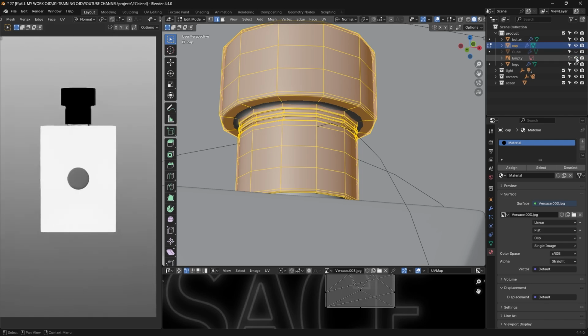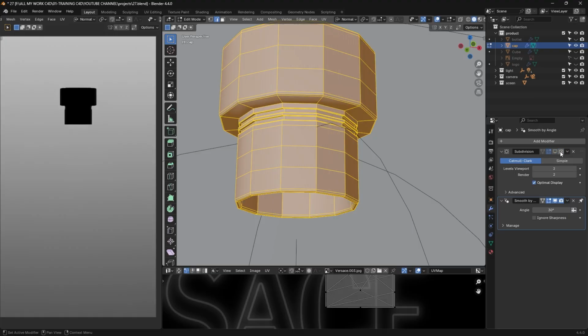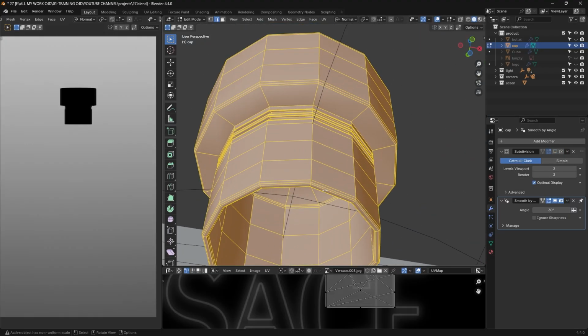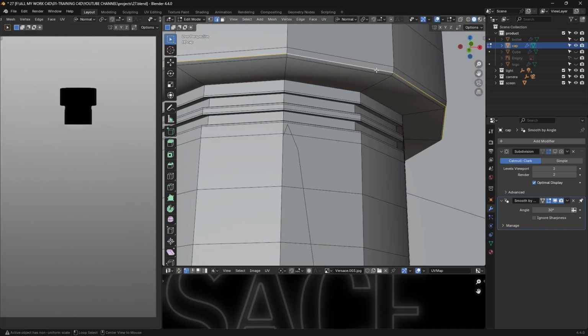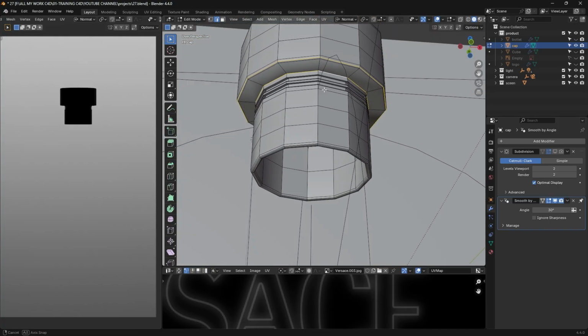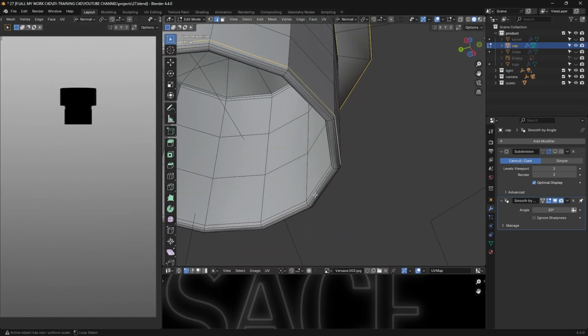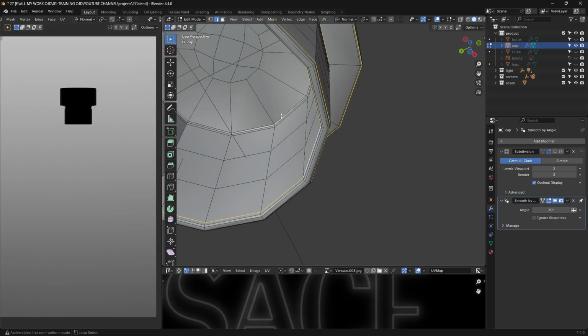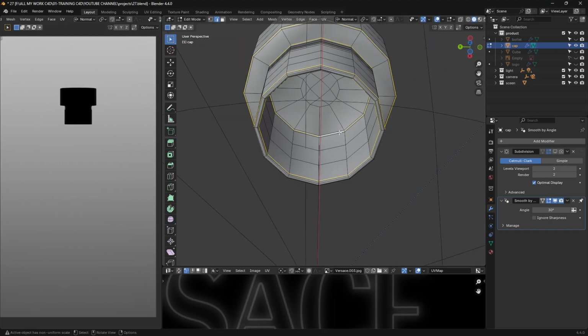So let's hide everything, only the cup, so we have a better view. Let's turn off the subdivision for now. Okay, let's select the edges. Not this one, this one. Okay,